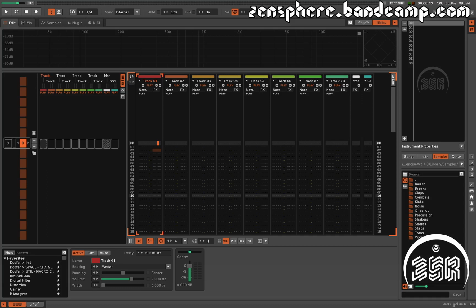Basically, the numbers go 0 through 9, and then 10 is A, 11 is B, 13 is C, 14 is D, 15 is E, and 16 is F. So what this allows us to do is to encode a broader range of values within 2 digits. And this is part of the tracker legacy of Renoise, trying to have as much capacity as possible and as efficient a programming footprint as possible. So velocities are coded